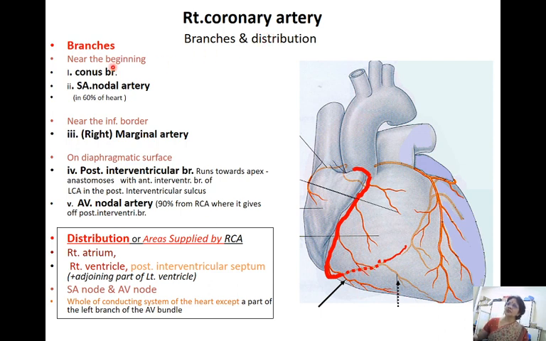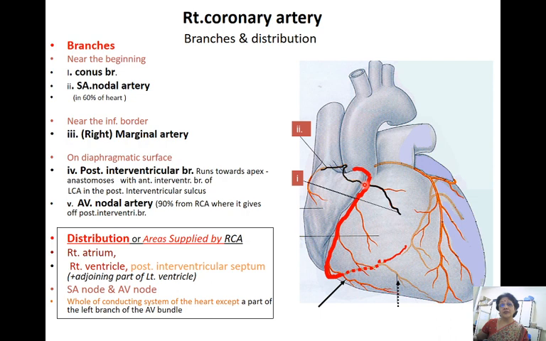Now what are its branches? Right at the beginning there are two branches. One is called the sinuatrial artery, the SA nodal artery. In 60% of the population, this branch comes from the right coronary. In about 40% of the population,